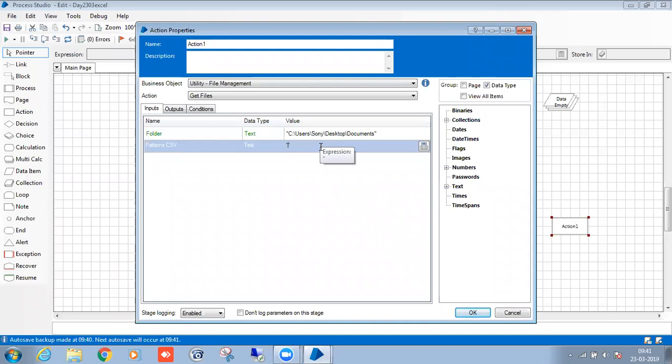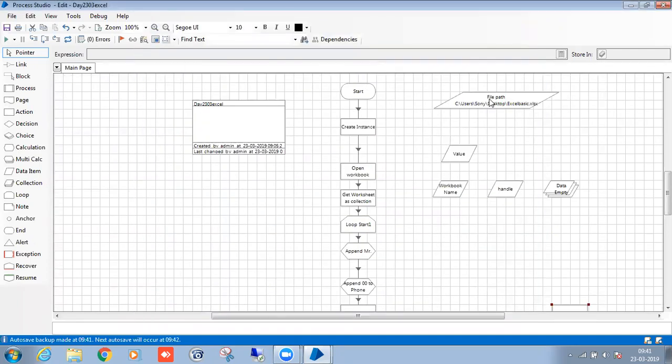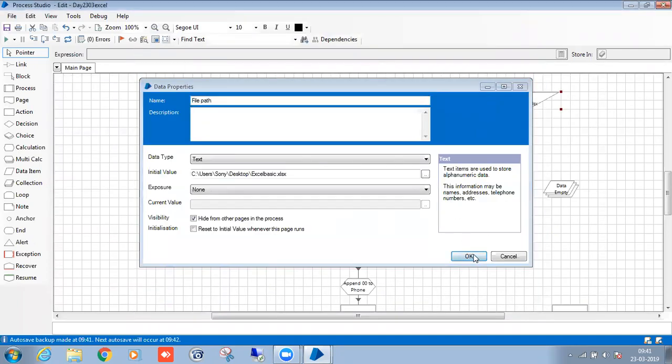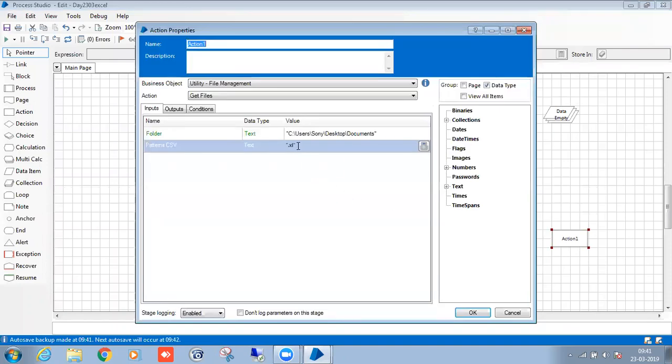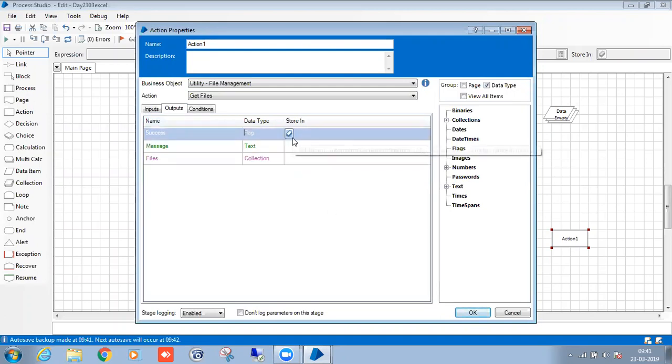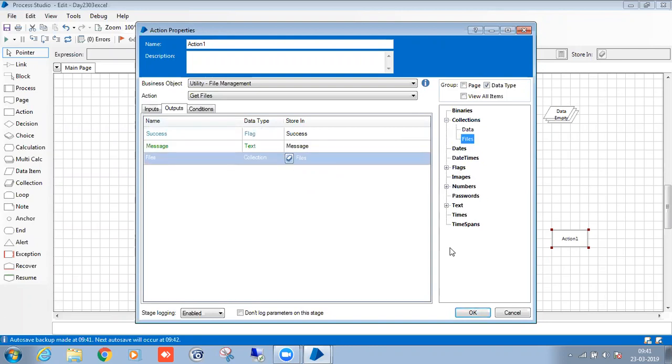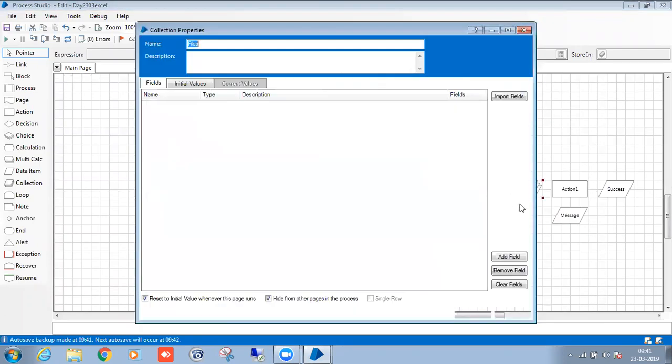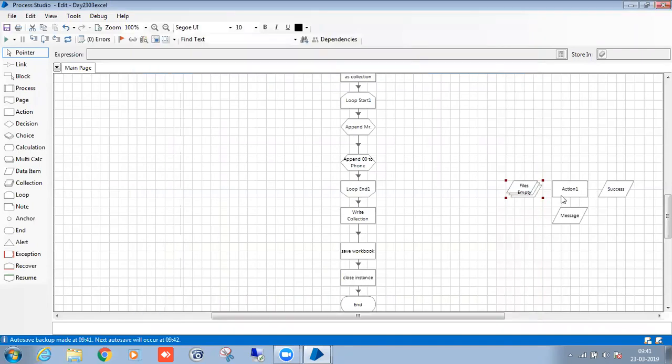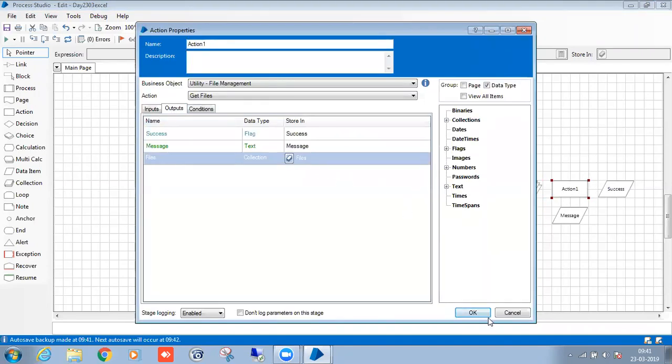You want to get Excel files, right? So star dot xlsx, the extension for Excel. There is some pattern you have to give properly, otherwise it won't execute. So run and check.